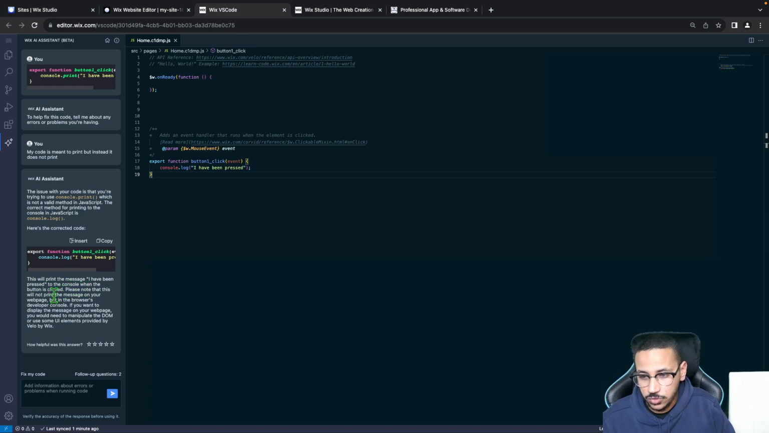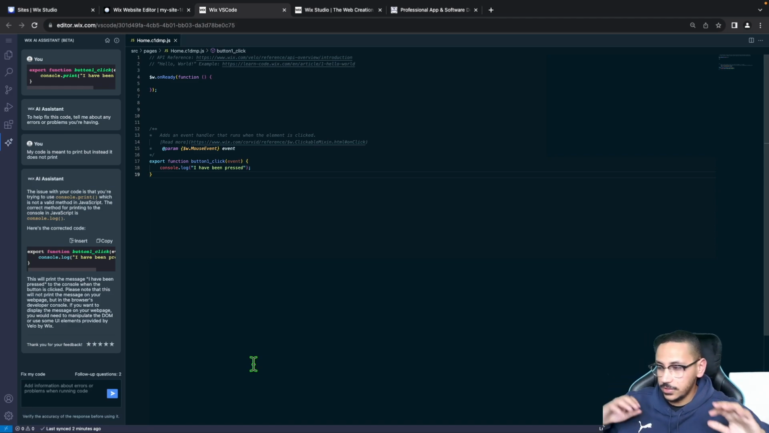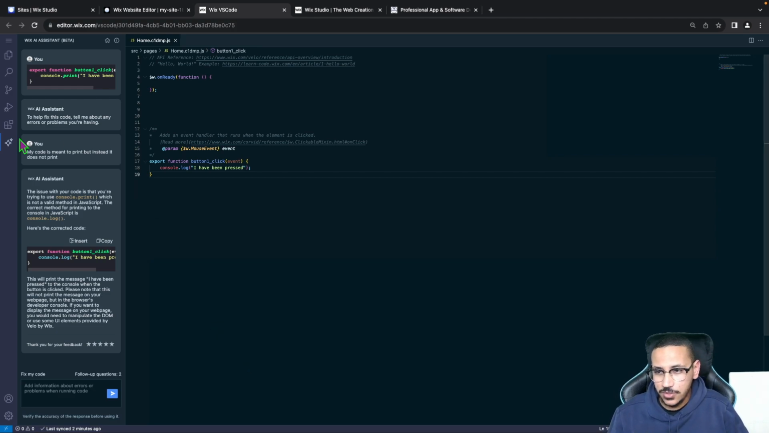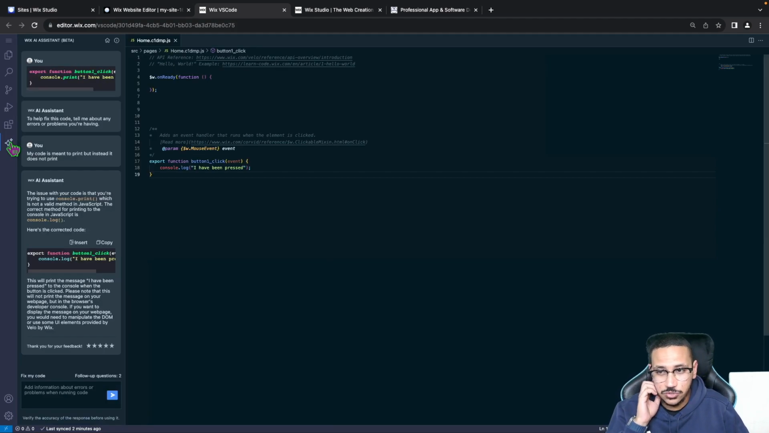Please note that this will not print the message on your web page, but in the browser developer console. If you want to display the message on your web page, you would need to manipulate the DOM or use UI elements provided below by Wix. I don't know about you, but this blows my mind. Like, the fact that this works and it works that good is insane. Let's go ahead, before I lose my mind, and actually try the